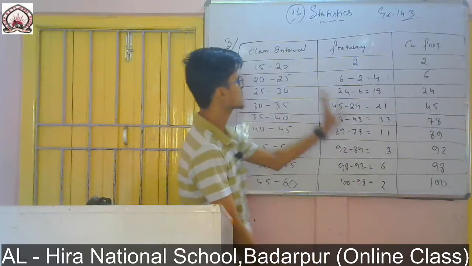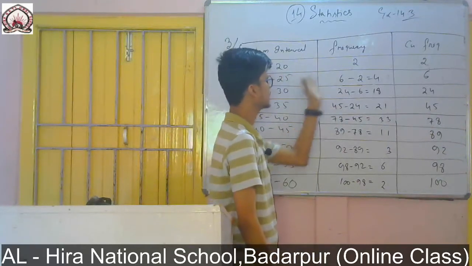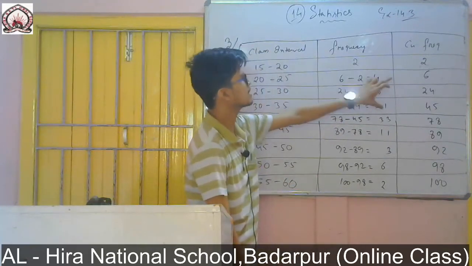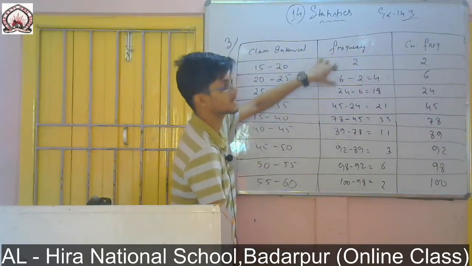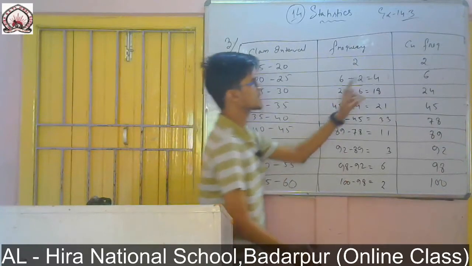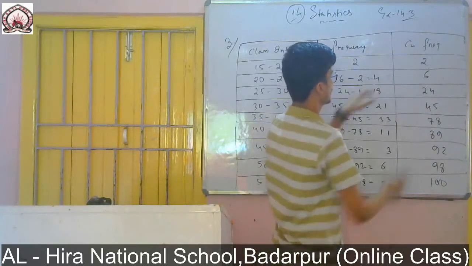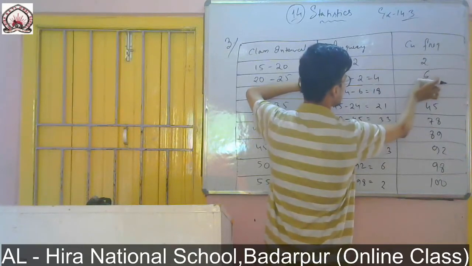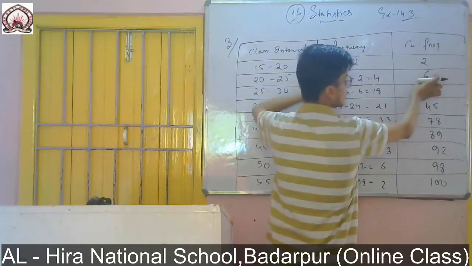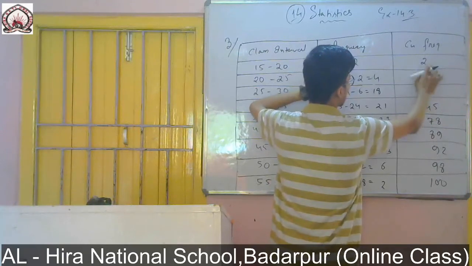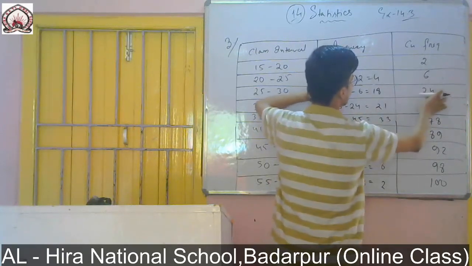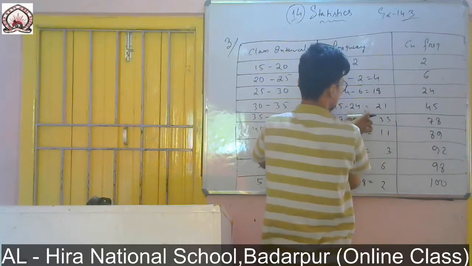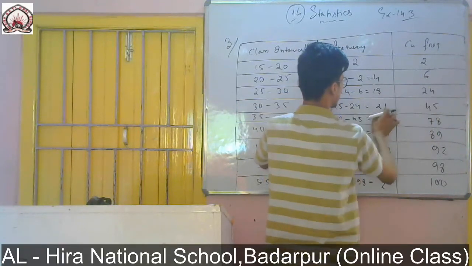So in this case, we made the intervals. Then we found the cumulative frequency, it was given. So from that cumulative frequency we have found this frequency. How have we found this frequency? Simple, this one minus that one. For the column which we calculate for the interval, you simply take this value minus this one. 6 minus 2 we got 4, 24 minus 6 we got 18, 45 minus 24 it is 21.